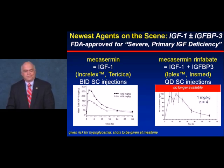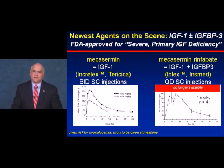It's just interesting from a medical legal standpoint that another company had a somewhat different strategy, combining IGF-1 and its binding protein so that the kinetics were more long-lasting and a single daily injection was possible. But this company sued this company in terms of their production processes, and it was deemed that Insmed had infringed on the patent of this company. I think it's fair to say that this has not taken off like a rocket in terms of our use in the clinic, but it's certainly very, very helpful in those rare patients who have what is deemed Laron dwarfism,